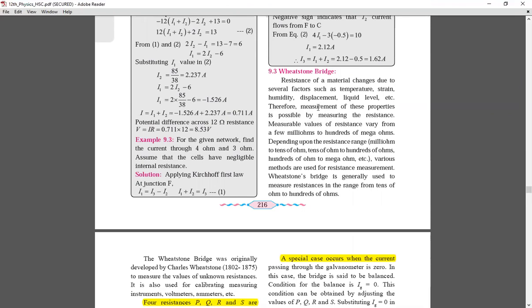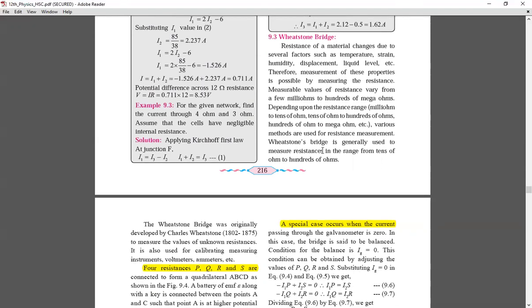So basically, the Wheatstone Bridge is a method to determine the unknown resistance of a body. That body can be anything, for example a certain metal or a wooden body. At that time we have to use the Wheatstone Bridge. This method requires three known resistances and one unknown resistance of the body that we have to determine.